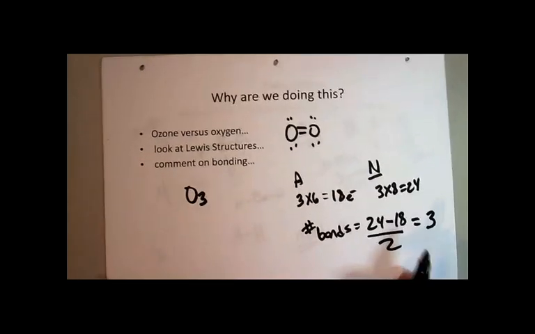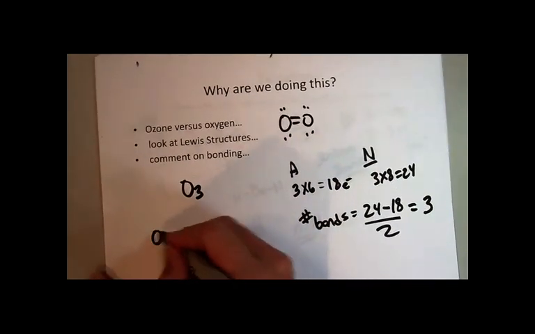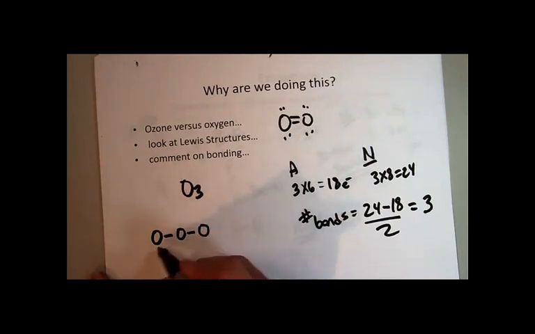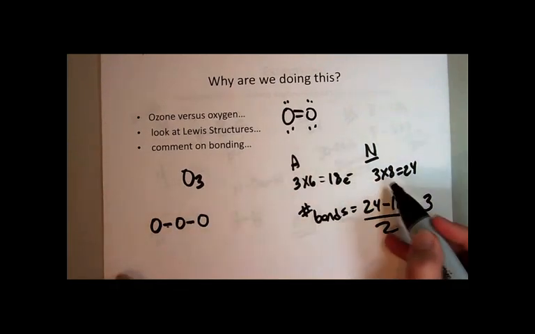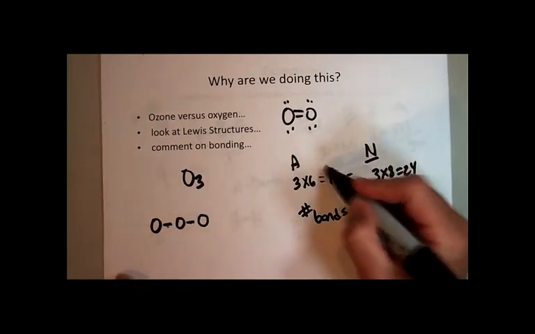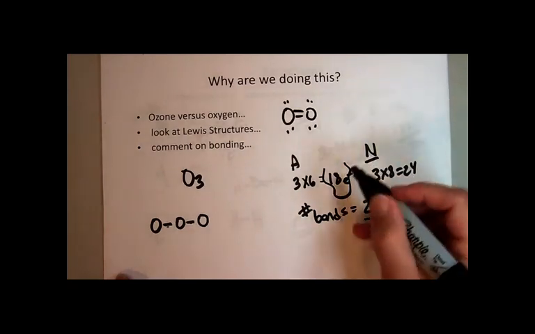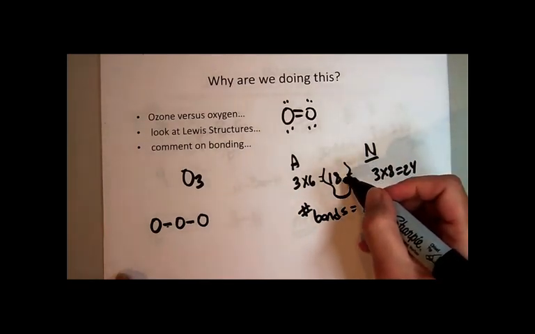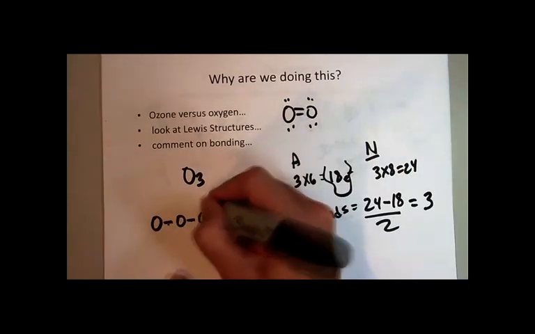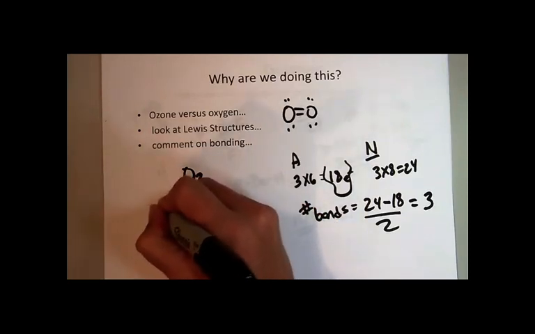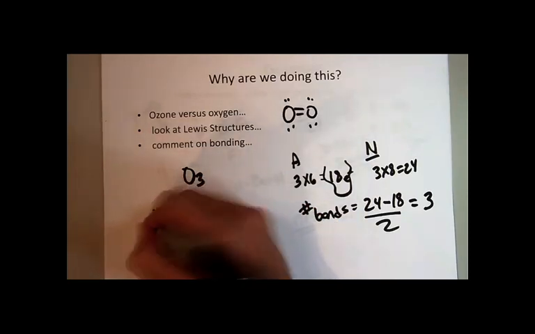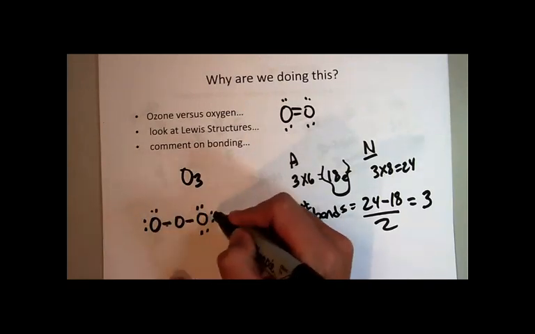And so what you do is now go back to it, draw the skeletal structure. They all have to be connected by at least 1 bond, all right? And so that's, remember, 2, 4. I've used 4 electrons because each dash is a pair, out of a total available of 18 electrons. That's how much I have to work with. So now I've used 4, I have 14 left, so I'm going to start placing them on what's considered the terminal, the outer ones: 2, 4, 6, 8, 10, 12, 14,